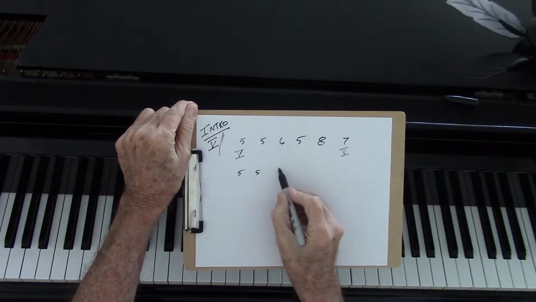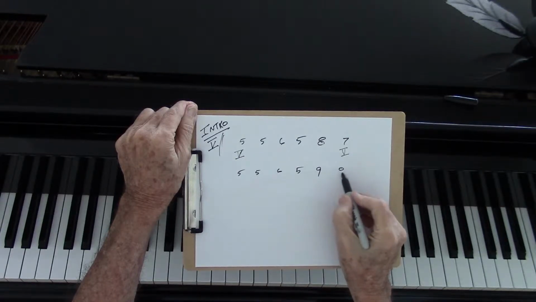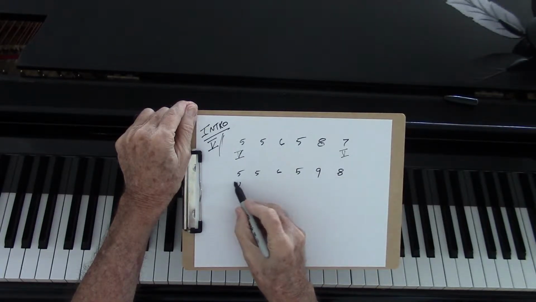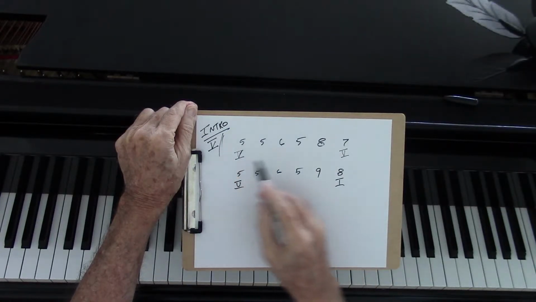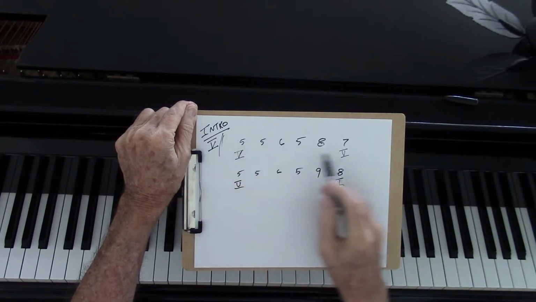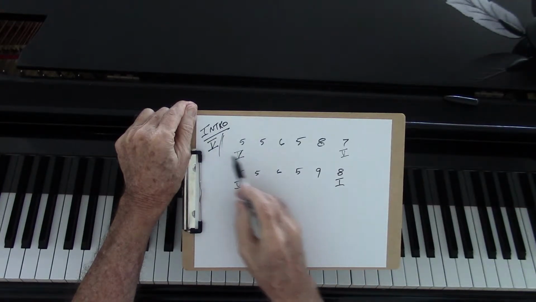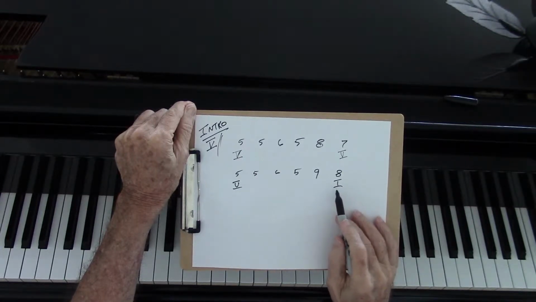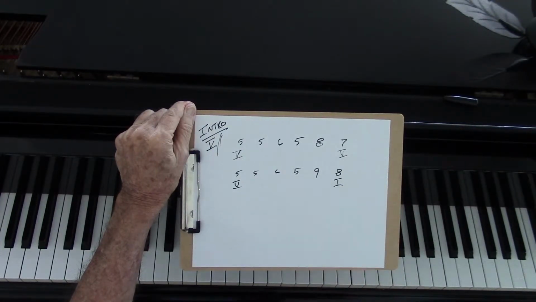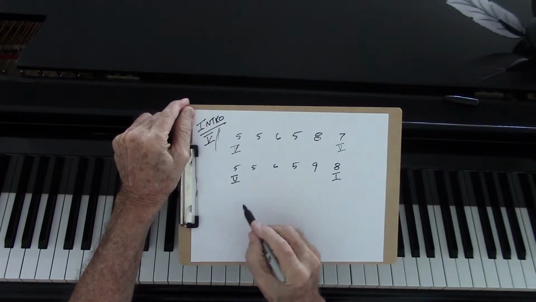5, 5, 6, 5. Almost the same thing, going up another step, 9, 8. Alright, that's all dominant. And you can end on your tonic over here. This sort of gives a roadmap of where you're going. 5, all the way through here, ending on 1. So 5, your dominant, goes to your tonic, the basic tone of the scale, tonus, tonic, here. Okay? Now, the next part,